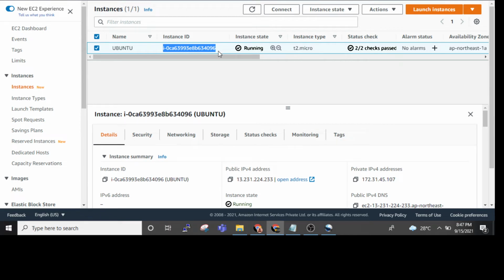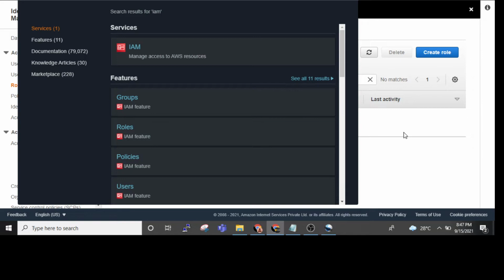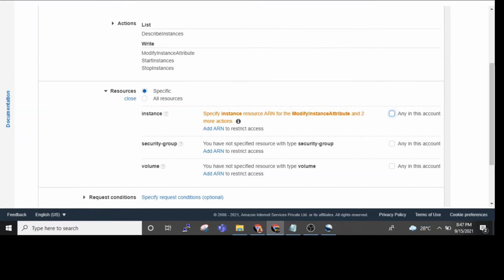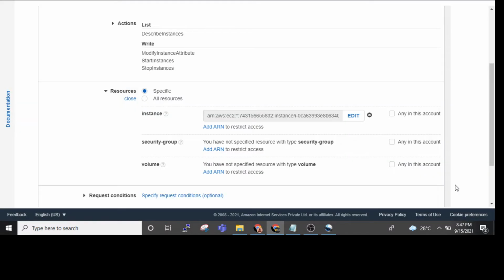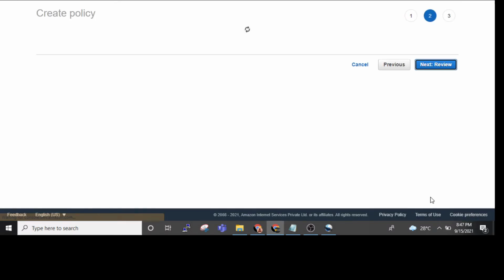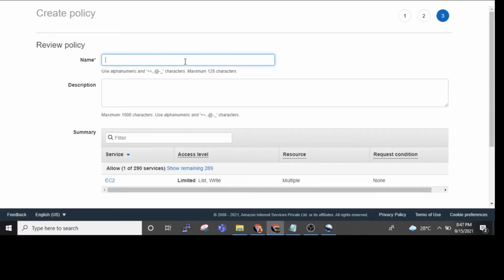So we need to copy and paste the instance ID and go to the same tab and click on add ARN and click on any here region, and then copy and paste our instance ID and add, and after that next, here also next.